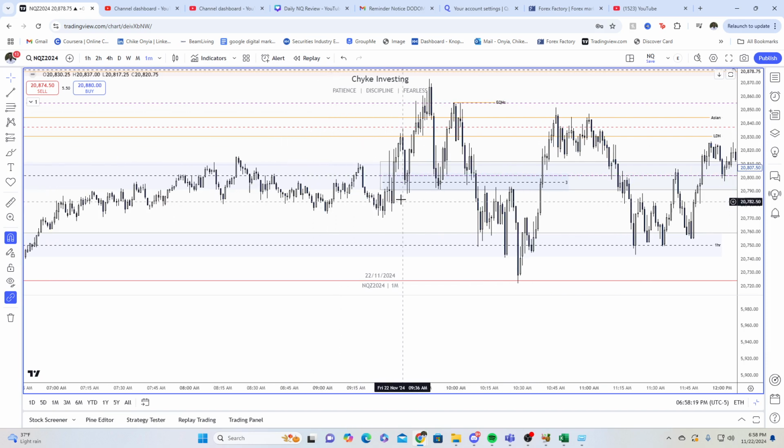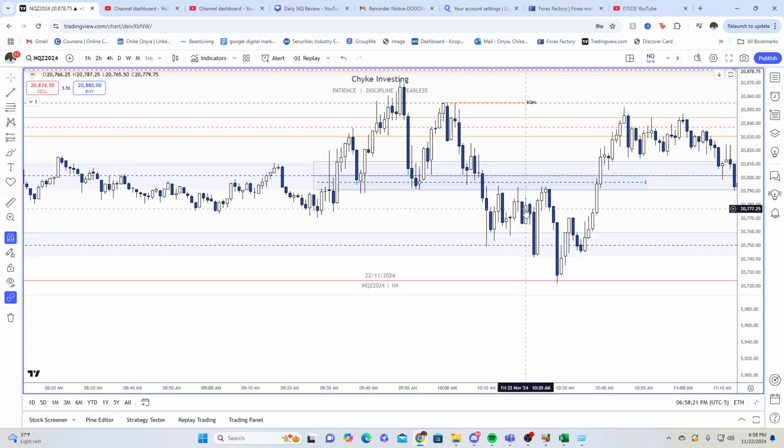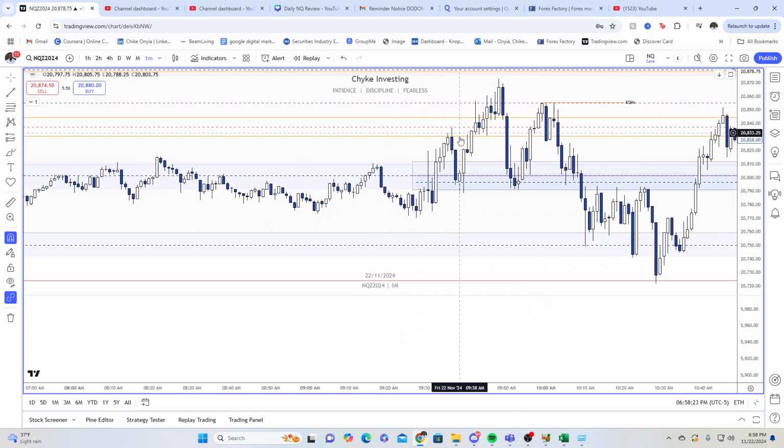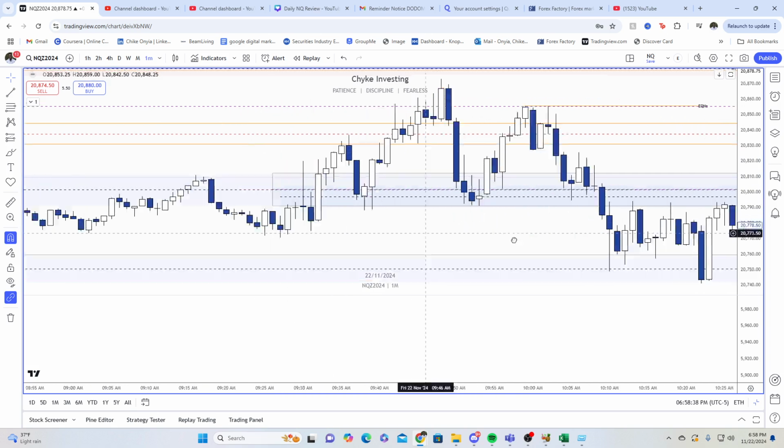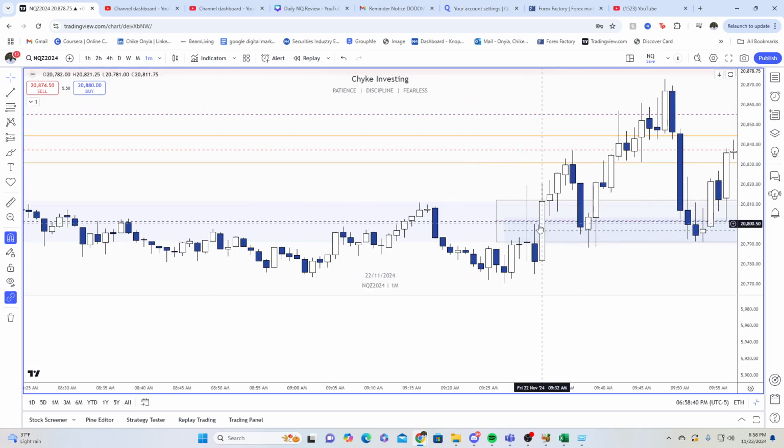On the 1-minute, I was looking for longs because we had that London Asian high, right? So once 9:30 opened up, where was that? Right on this candle. Once 9:30 opened up, I saw this low, this high, and this low. I was hoping that there was going to be a break of market structure here and a fair value gap. There was a very small fair value gap right here. Price came back to it and went higher.